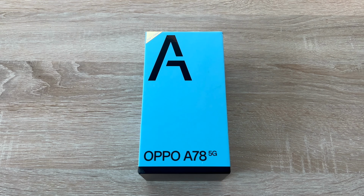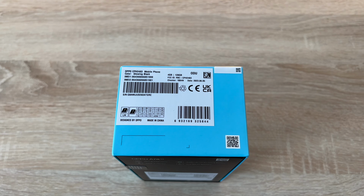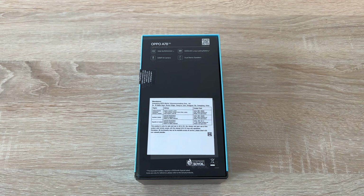Let's unbox the Oppo A78 5G. So it comes in three different colours. This model has 4GB of RAM and 128GB of storage. A quick cut of the seal, and on the back it mentions it has a 50MP AI rear camera plus